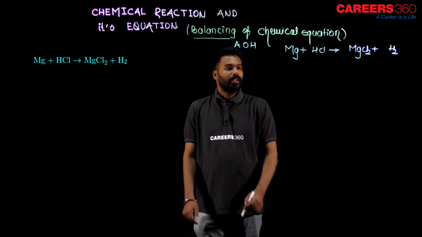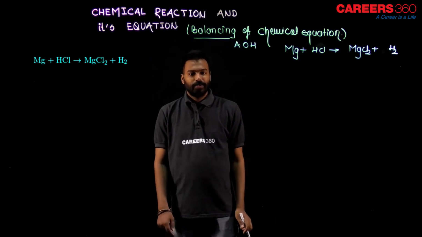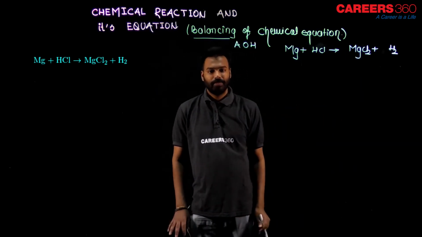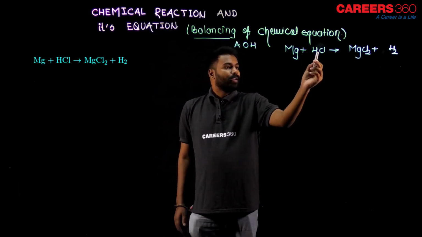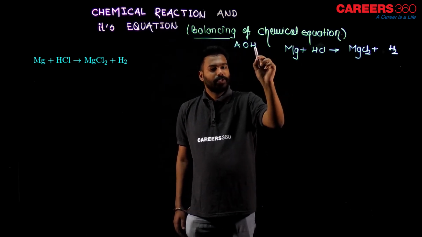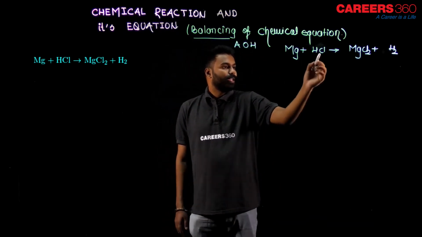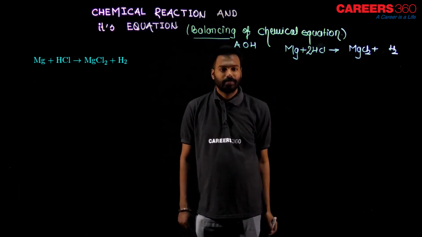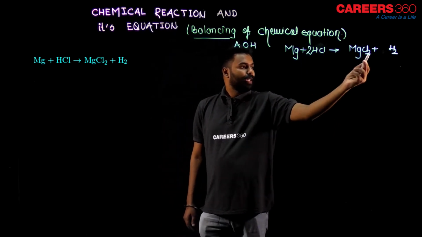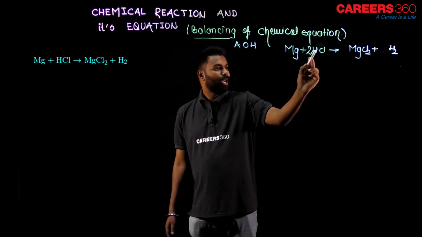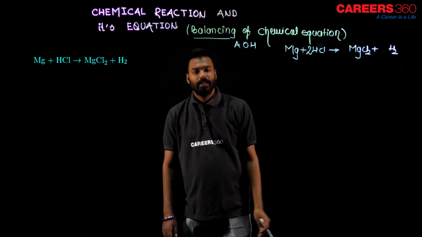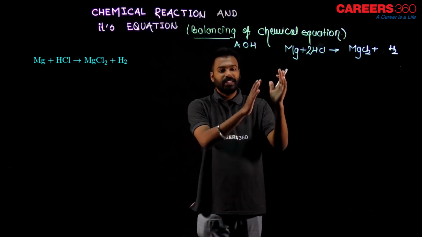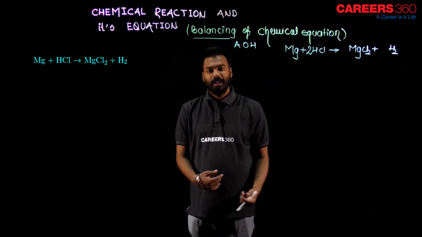Let us try. Here is Mg, magnesium. So, how many magnesium on the left side? 1. On the right side also 1 magnesium. Magnesium is balanced. Okay. Hydrogen I can't balance now because hydrogen you balance in the last. Okay. Chlorine 1 on the left side, chlorine 2 on the right side. So, just write here 2. Correct. 2 chlorine and 2 chlorine balanced. Now, hydrogen, 2 hydrogen, here is 2 hydrogen, balanced. In this particular chemical equation, the total number of atoms on the left side is equal to the total number of atoms on the right side.